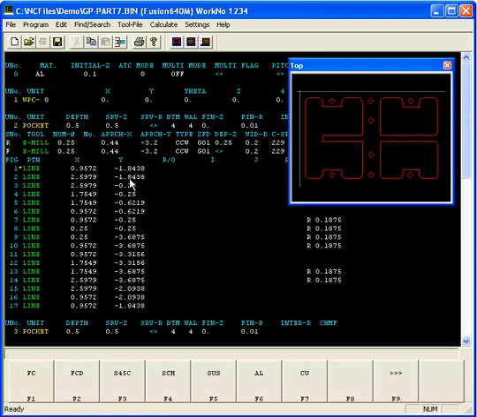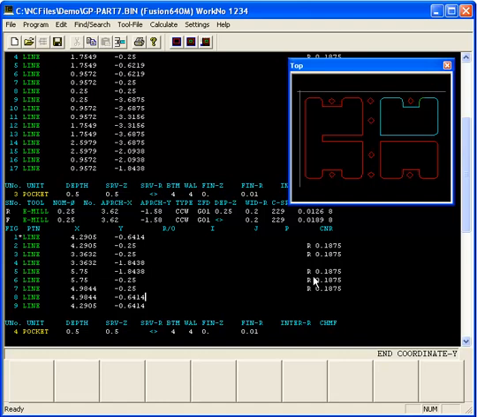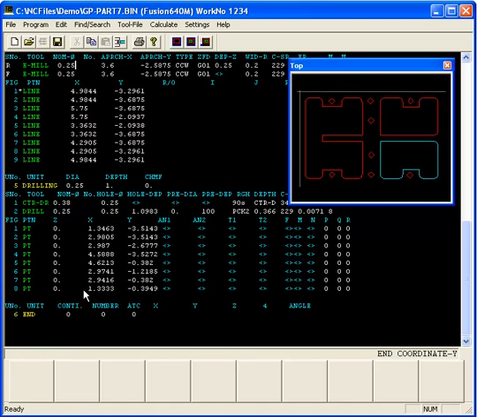If I click on a shape, it instantly shows me that shape. And you'll see the whole shape is blue, and the geometry generated by the line that I'm on is shown in green. Just a slight difference from the blue. So as I click on different processes, or as I move the screen and the cursor moves, wherever the cursor goes to is shown in blue for the entire process and green for the individual line that I'm on. So it's interactively working. As I, let's say, do page down here, you'll see it moves around.